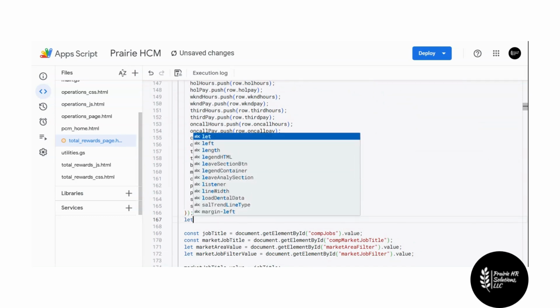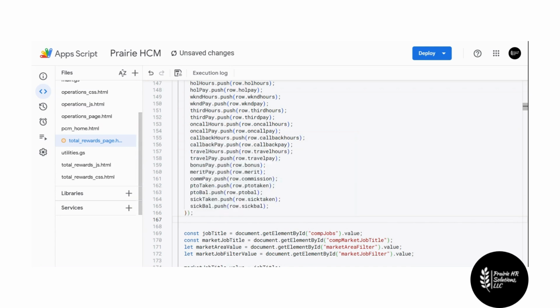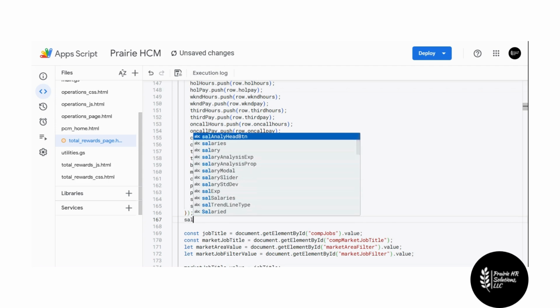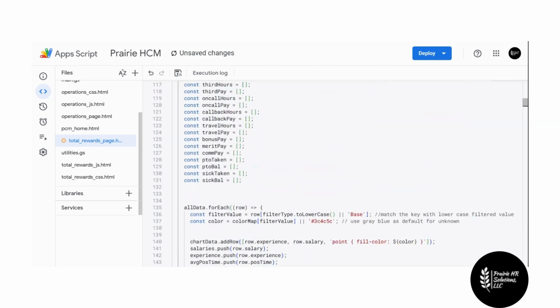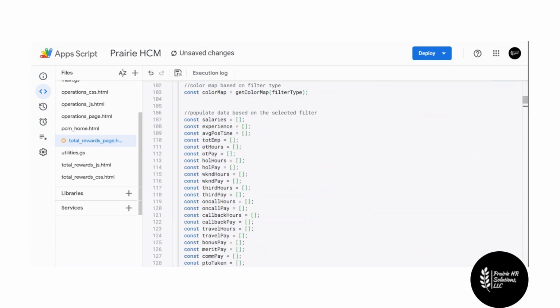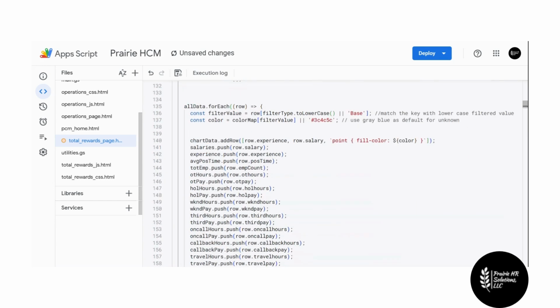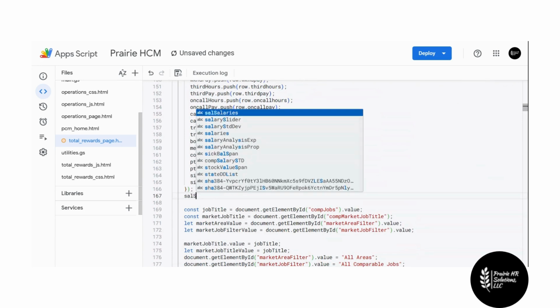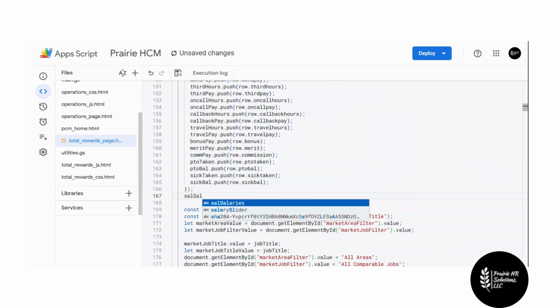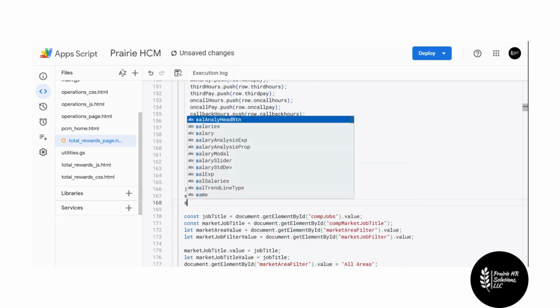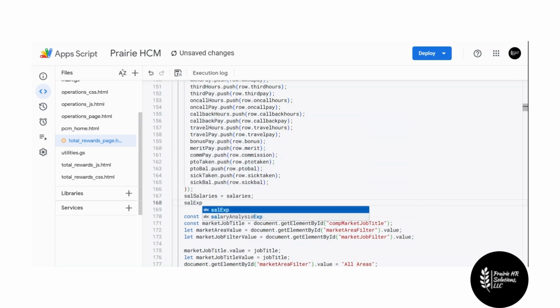Let's say, no, we don't need to create a variable because the variable is already there. What we just need to do is assign it a value. So after this runs and it's all pushed and this array is complete and filled, then we want to set a variable, and that variable we have already declared up top, and it's this, but we want to make that equal to salaries. And then we want to do the same thing to salary experience is going to be equal to experience. Okay, so good. That takes care of